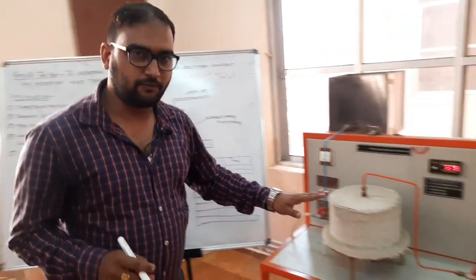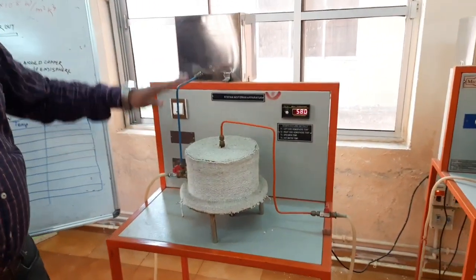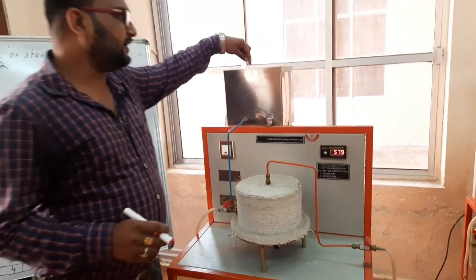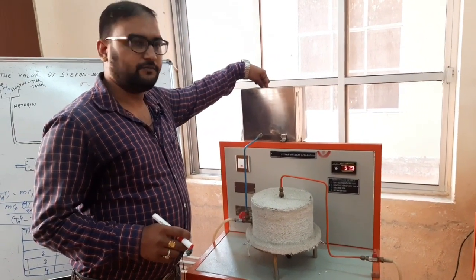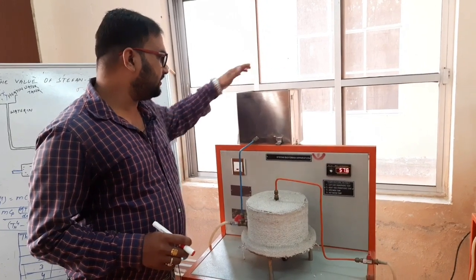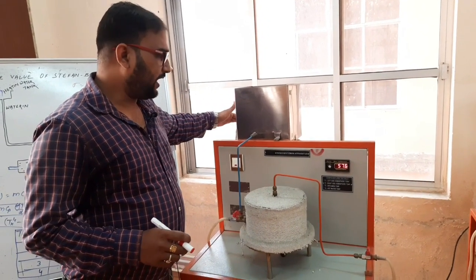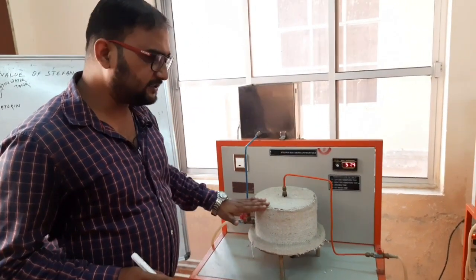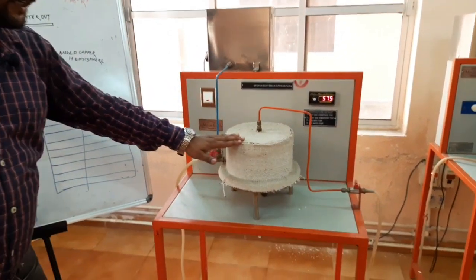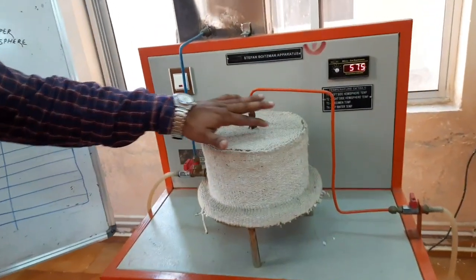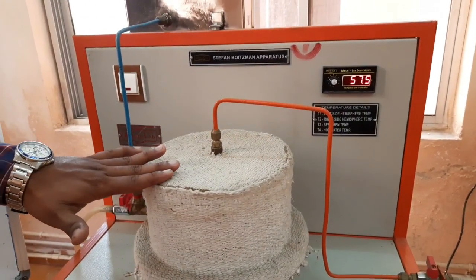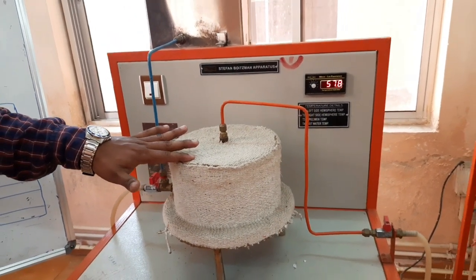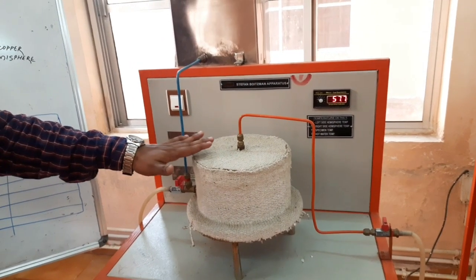So in the test rig, what will we see? First of all, this is the heating tank. Inside the heating tank the water is poured, and a heater is there to heat the water. When we heat the water, we allow it to flow to the chamber, that means to the flanged hemispheric chamber. This is the insulation provided over the flanged hemispheric copper plate to transfer the heat.